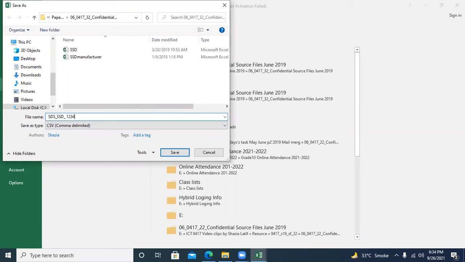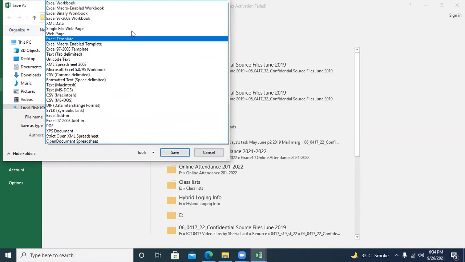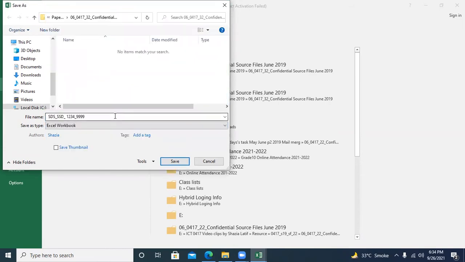So center number and candidate number. Now save it in MS Excel workbook format, in Excel format, because if I don't save it in Excel format, you will have problems while taking printouts, because CSV does not save formulas and formats, it will save only values. So it will panic you at the end of the paper.